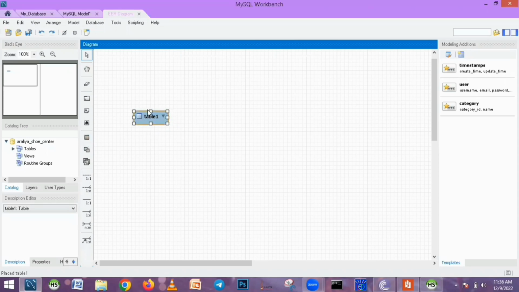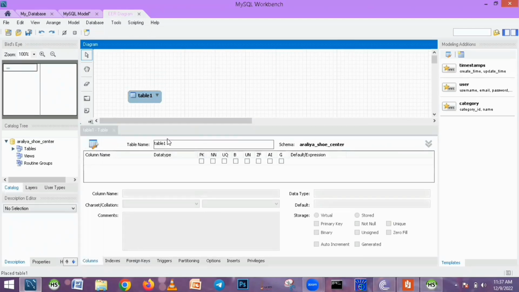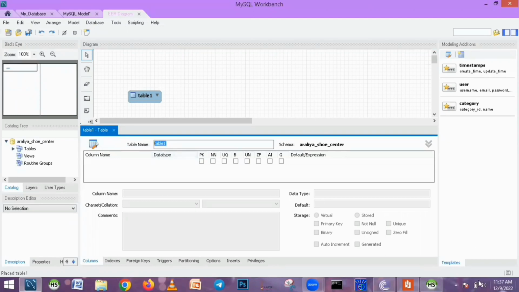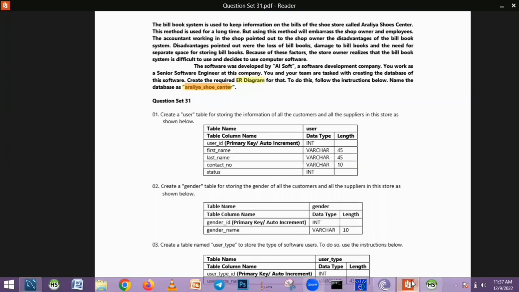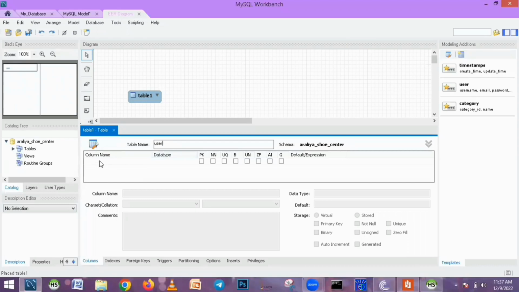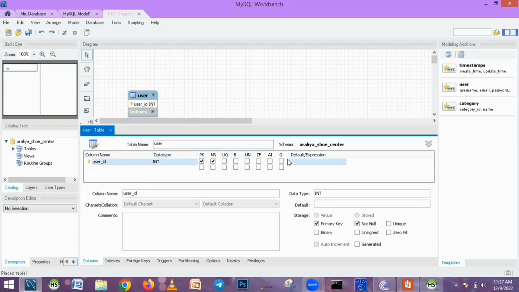And we can double click on that and open the table editing. So we can rename the table name like user. User, and we have the primary key here, user ID, and first name, last name, contact number, and status. So user ID is the primary key, and it is an int data type, so we can auto increment that. And first name,